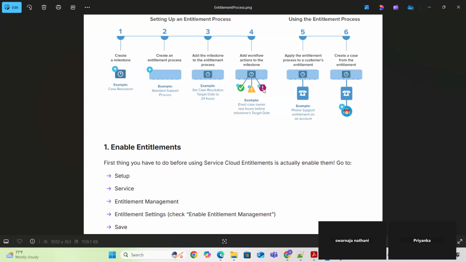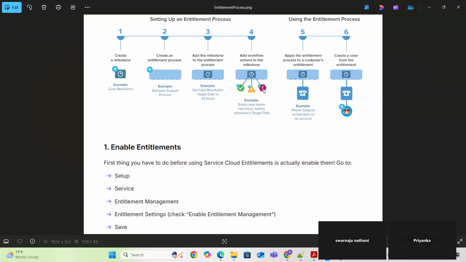We are going to have the relationship between the account and this entitlement. And then case to entitlement. First we will relate the entitlement to a particular account, and from that entitlement we can create the cases. These are all the basic steps involved in the entitlement process, guys.